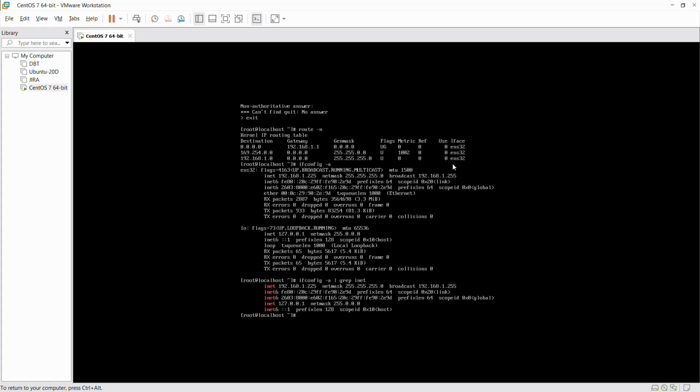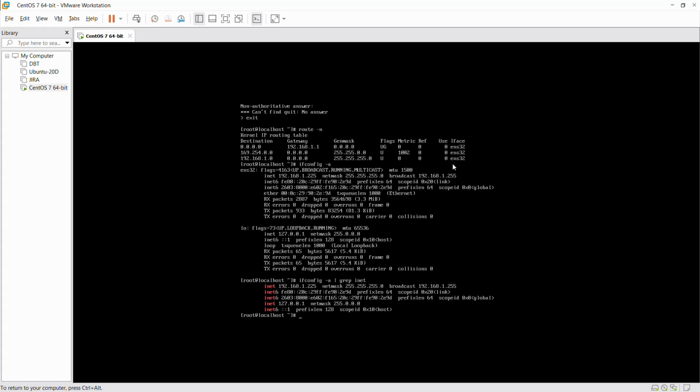So when we discuss IP addresses in our next sessions, you will come across five different parameters. One is the IP address, another one is the subnet mask. In the previous command, ifconfig -a grep inet, the first parameter in the first line is the IP address. Then netmask, which is also the default subnet mask.